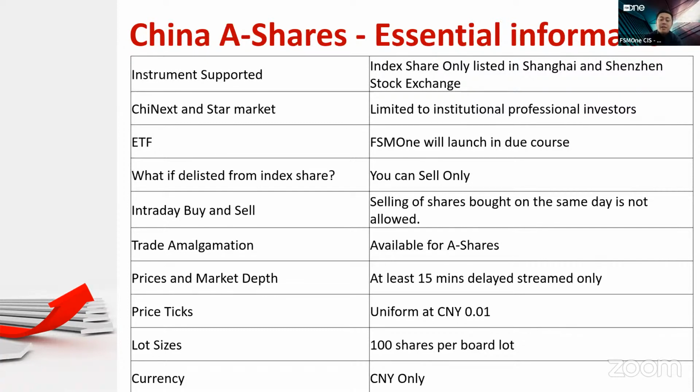As for the newly launched China A-share ETF, I believe some investors have heard the news that China A-shares have also launched an ETF. For our platform, we are in the midst of preparing and we will announce again if we are going to launch this A-share ETF. Since we can only buy index shares, what happens if a company is delisted, meaning those individual companies that are delisted from the index?